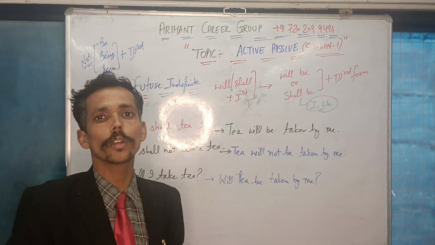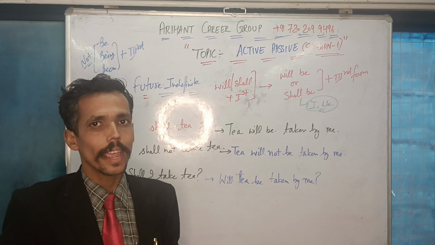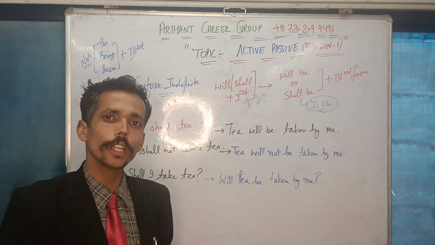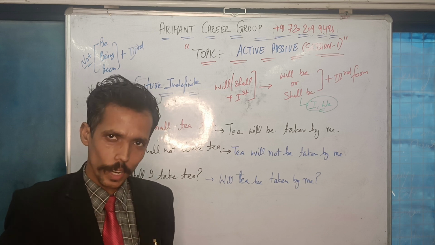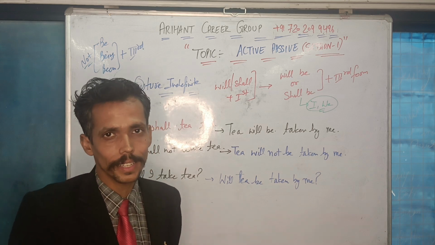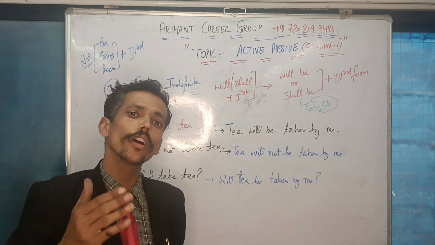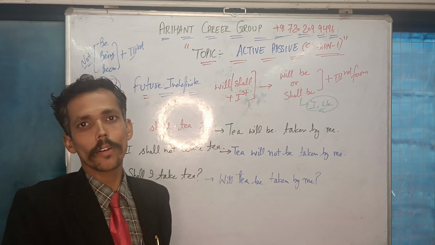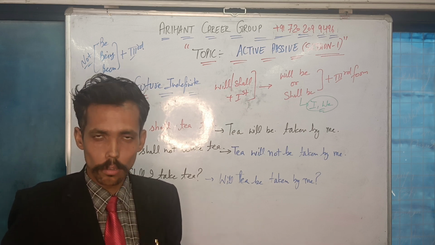In case of second form, you are using was or were plus third form. In case of negative, what will happen? You will be given did not plus first form. Accordingly, you will be using was not or were not plus third form. Correct. In case did comes at the beginning of the sentence, this is interrogative. Then your helping verb, either was or were, depending on the subject, should come before the subject. This is as simple as it seems to be.